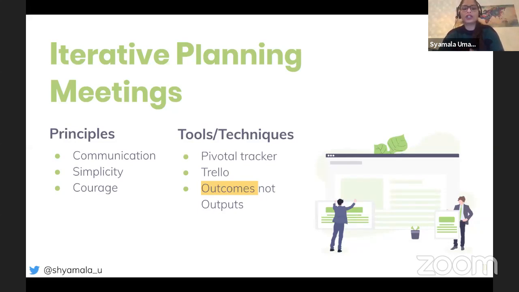So we don't normally focus on, okay, for this one week, how many stories have we developed, or what is the velocity of the team. Rather, we focus on what is the outcome, what is the goal, or what is the epic that we are going to deliver. For this meeting, the whole team sits together, the designer, the product manager, the engineers, everybody, and we discuss how we are going to prioritize this week's work.